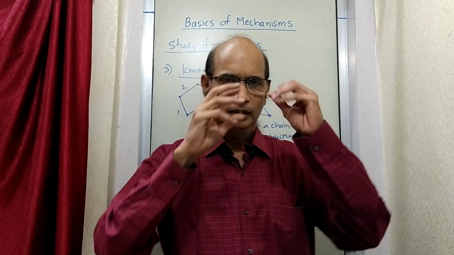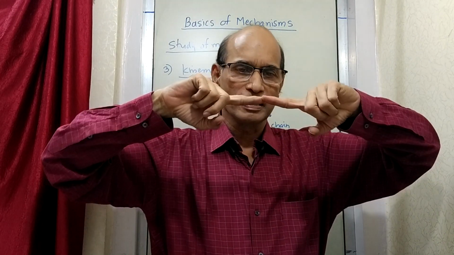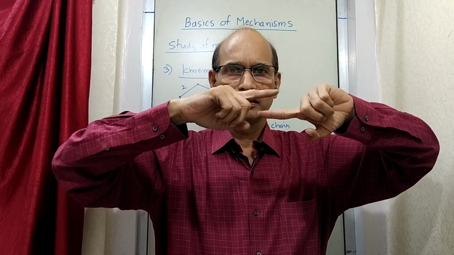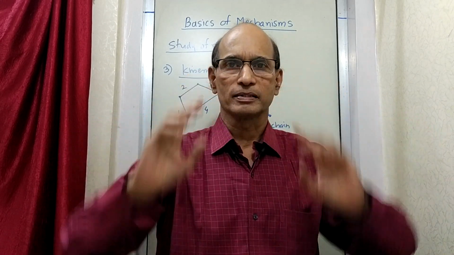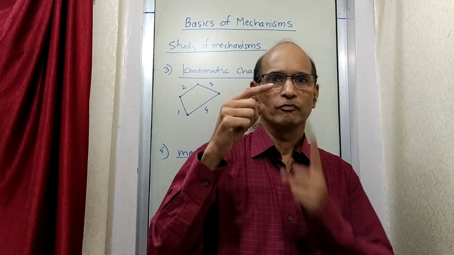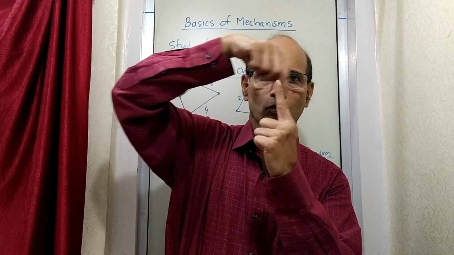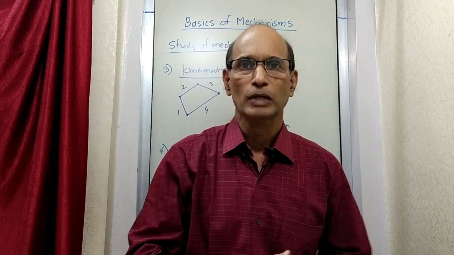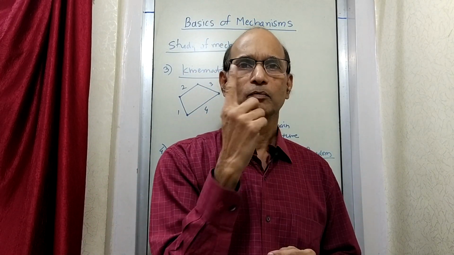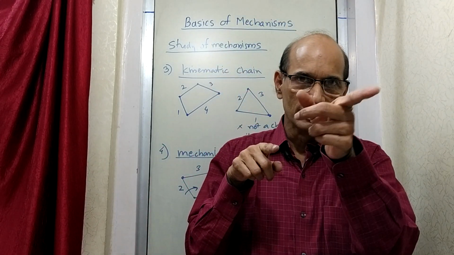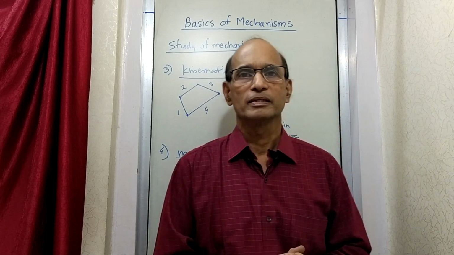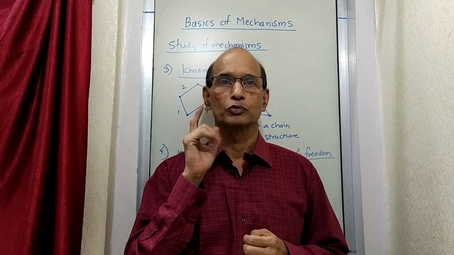Now, can this ball rotate like this about the x-axis? It will rotate. So that is a rotary motion about the x-axis. Now the y-axis: can the ball rotate about the y-axis? It can do that also. That means it has rotary motion about the x-axis and about the y-axis. Now the z-axis is like this. Can the ball rotate like this? It can rotate like this also. That means all 3 types of rotary motions are possible.